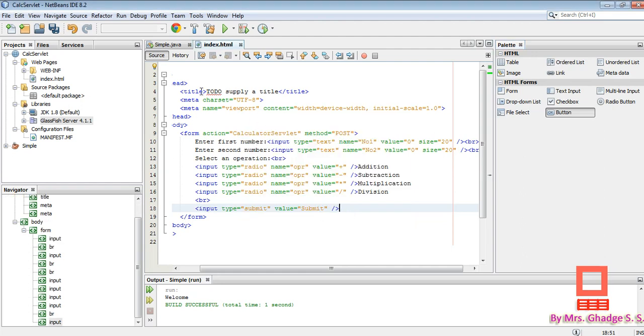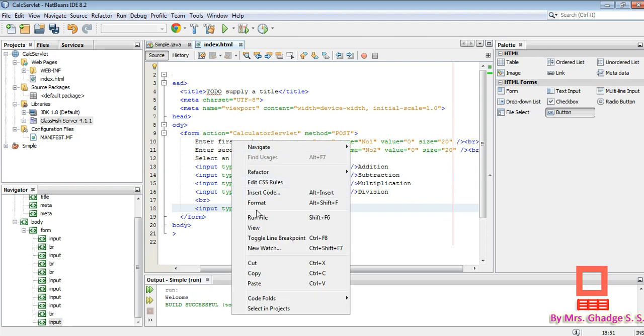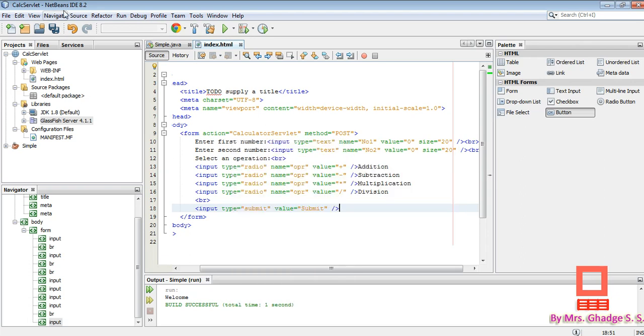Okay, so let us see how we can run this file. Just right click on it. Here you will get the option run file. Okay, here is option save all. So click on save all, it will save all the changes, and then right click and run file.